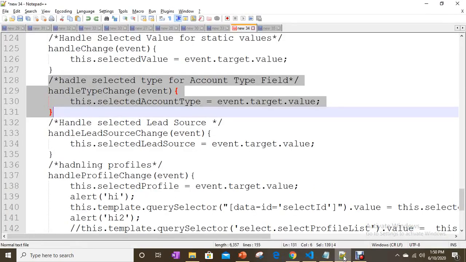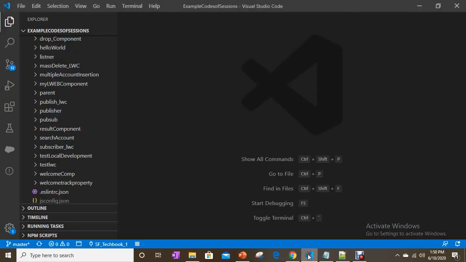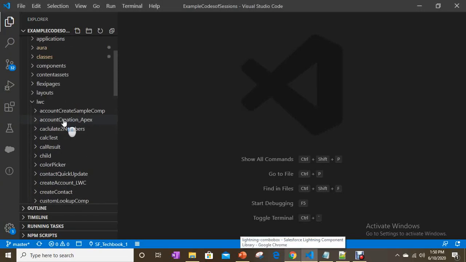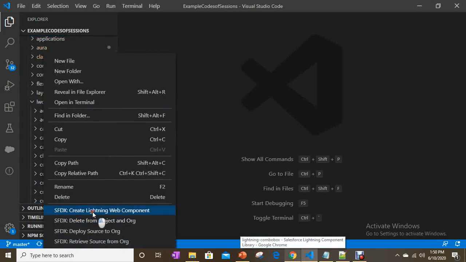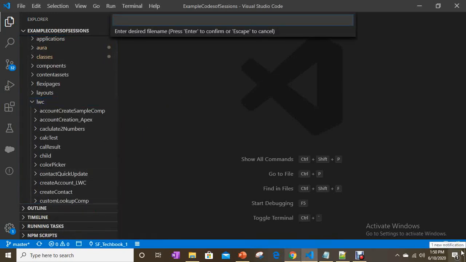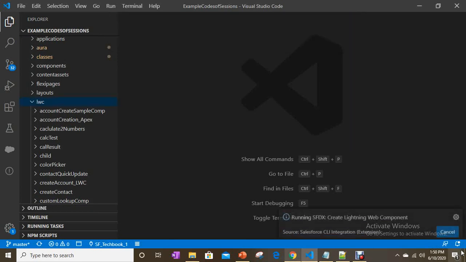First thing is, let's create a component. Just right click on the LWC folder, create Lightning Web Component, pick list example.